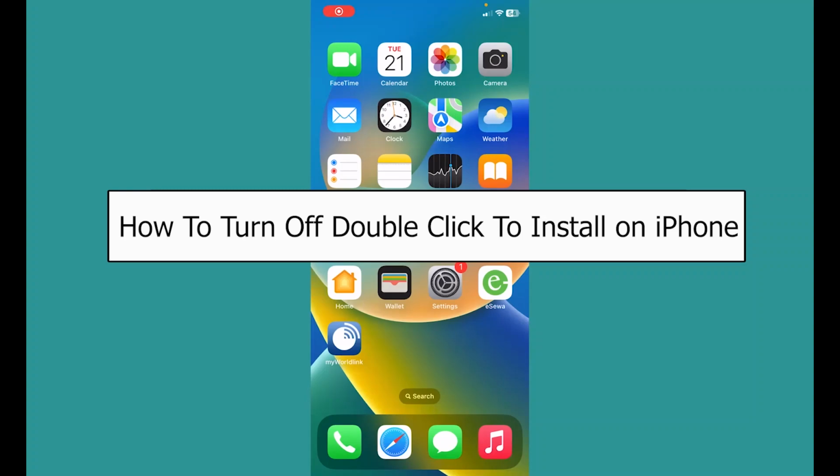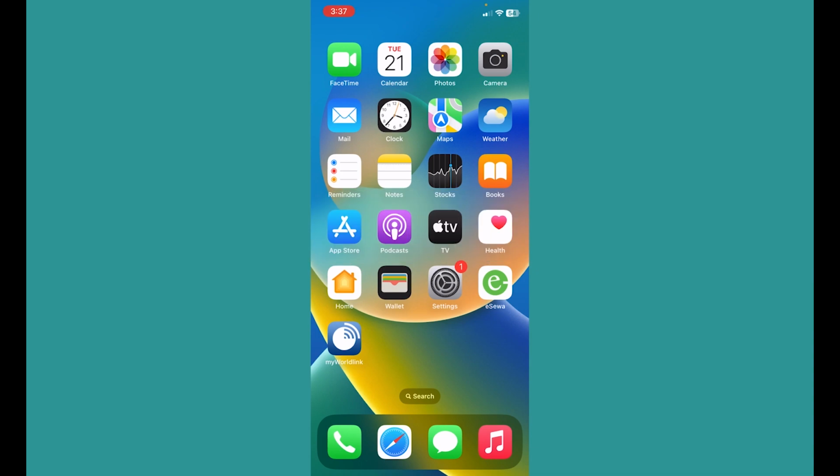Today I'll be teaching you guys how we can turn off double click to install on an iPhone. That is basically when we go inside the App Store and want to install some app, we have to double click to verify our identity. So if you don't want to do that, the first thing you need to do is turn it off